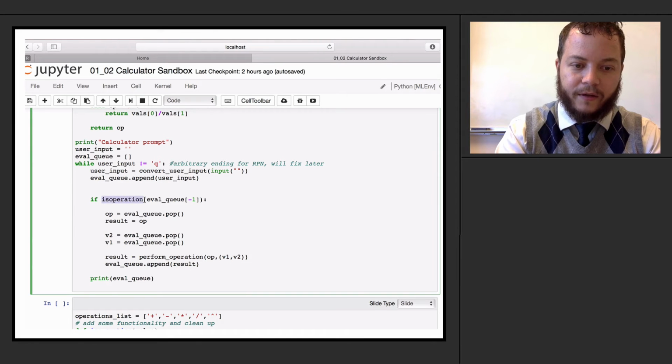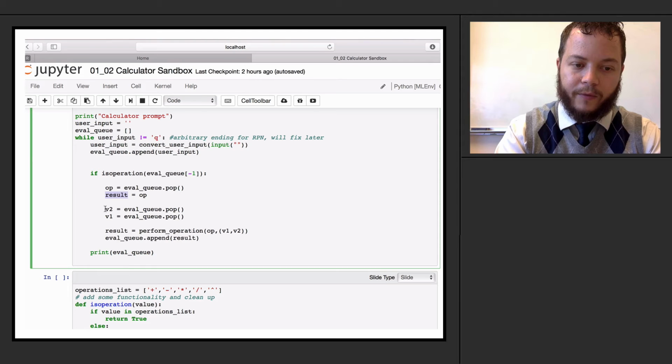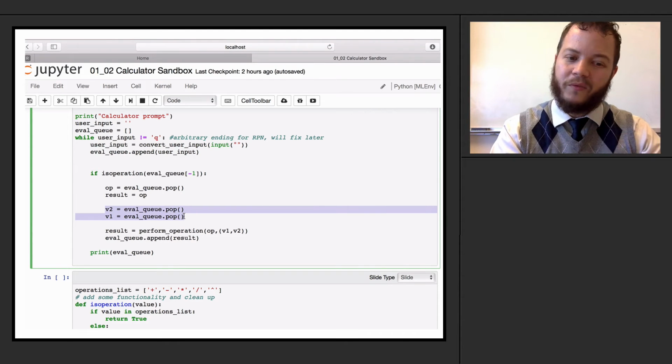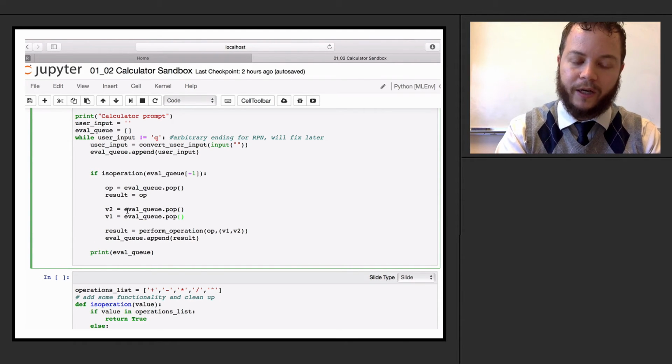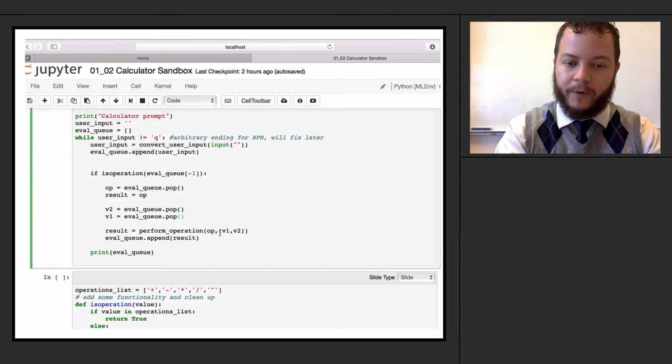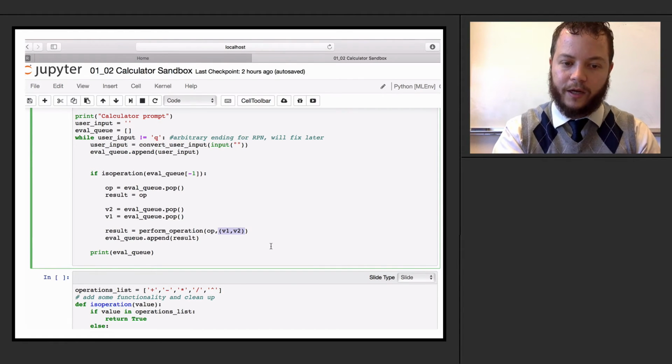If there's an operation at the very end of the eval queue, well, set op. I'm going to pop off the very last element and set that equal to result. And then I'm going to pop v1 and v2 exactly as we did before, right? I'm going to pop them, not do any error checking. I'm just going to pop these off, but I'm going to enter that as a tuple inside of my perform